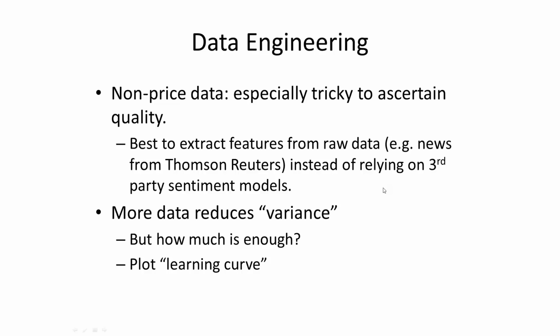More data reduces variance. Okay. In machine learning, there's the dichotomy of bias versus variance. Bias means the prediction error in the training set, and variance means the prediction error in the test set. And naturally, we prefer that the error is low in the test set, right? That's what really matters. But oftentimes, you are supposed to only tune the error in the training set, right? So